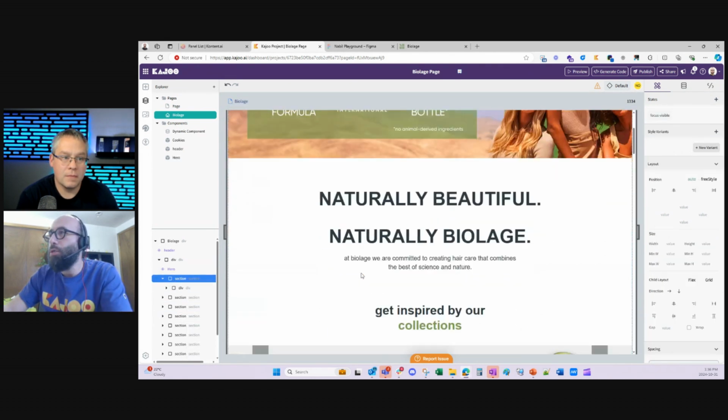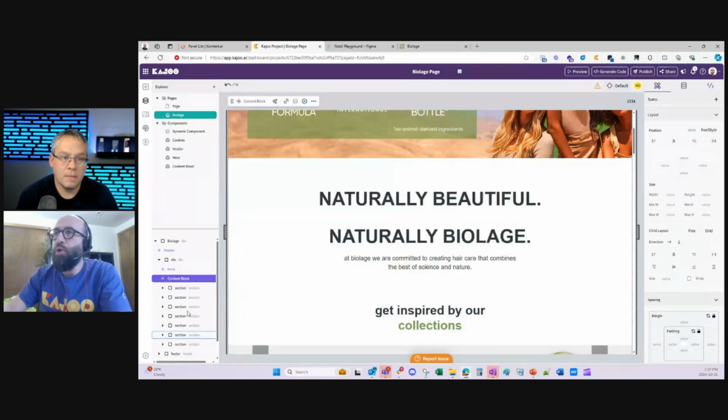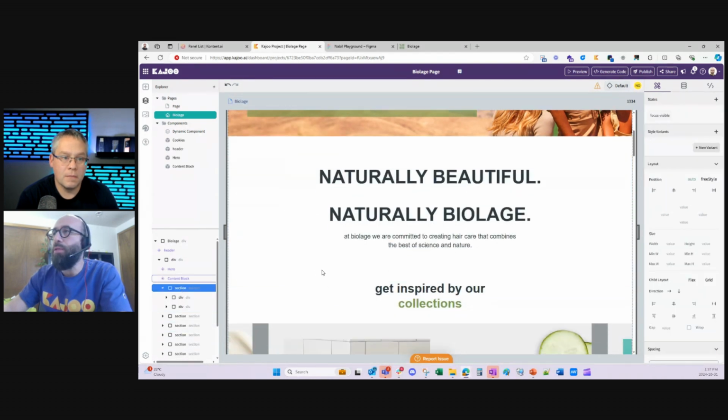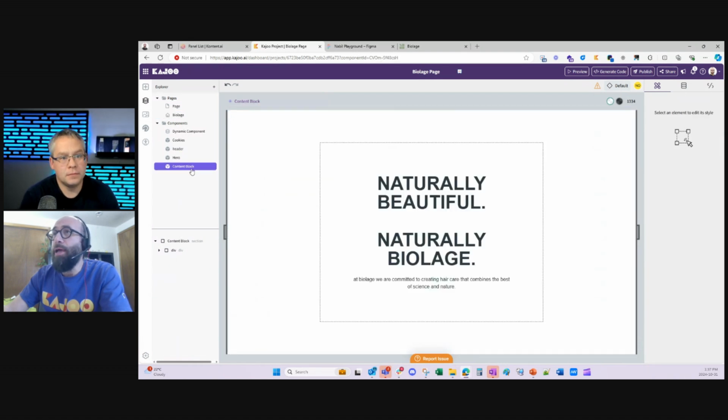Another section is like a content block, and I make a component. I can continue doing this and break down my page into reusable components.